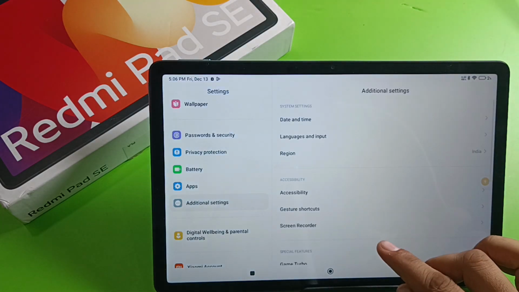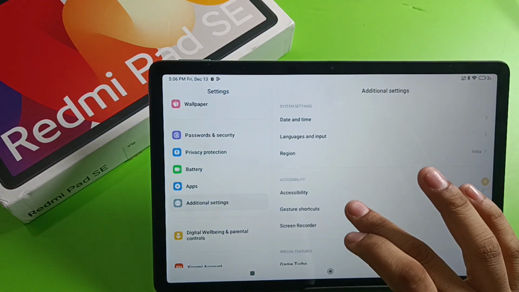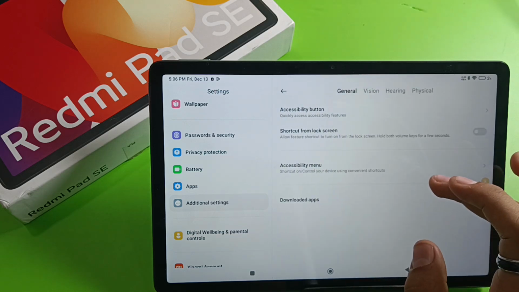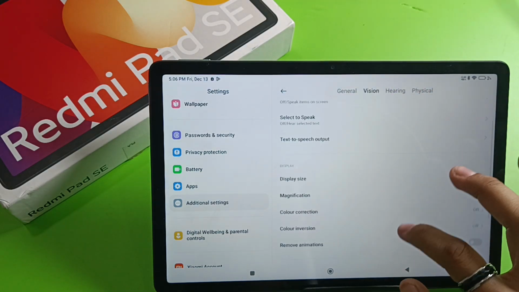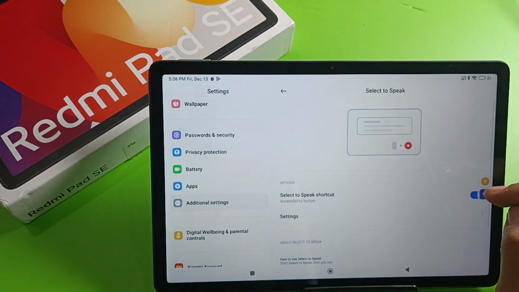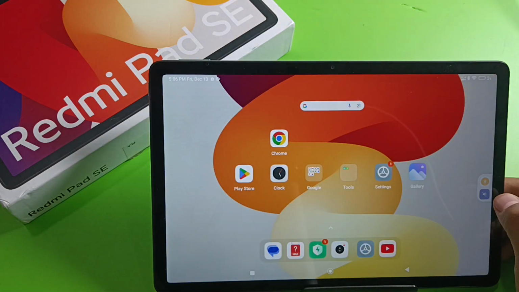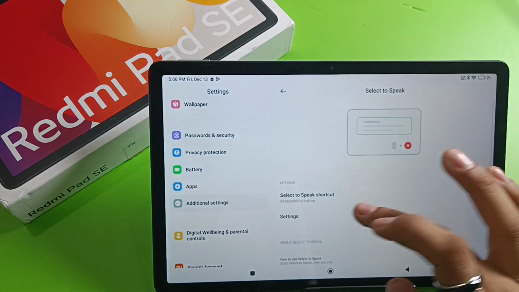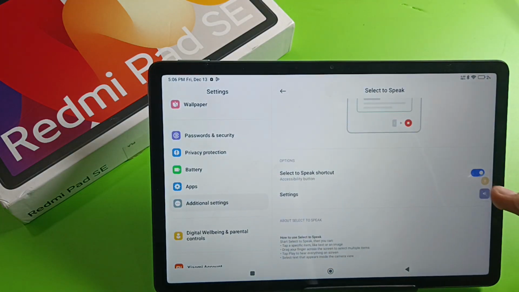First, you have to open your settings, click on additional settings, and now just simply click on this accessibility, vision, and here it is, select to speak. You have to enable it from here. Now just enable it from here and you will see this. Now just click on this. You have to select this